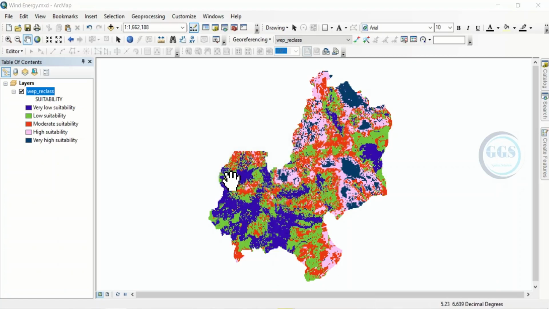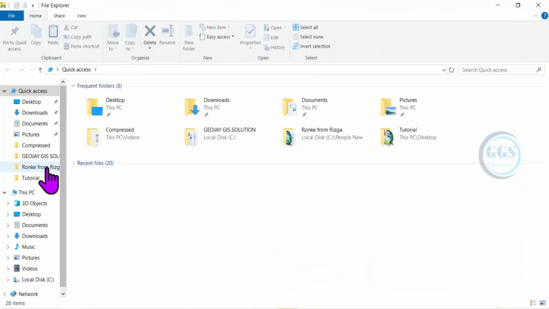The benefit of this is that it helps you to back up your file or your data, and also you'll be able to share it with your colleague or organization. So after you have done it now, let's check it out. Let me go to that part. Click on your file explorer. Then I will navigate to